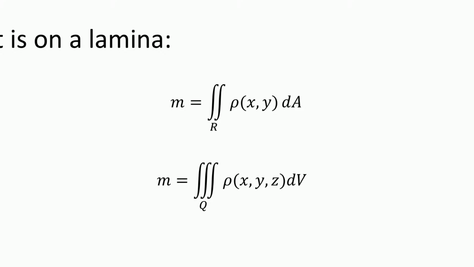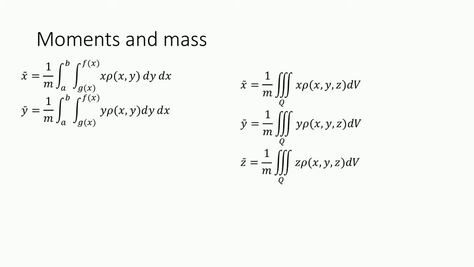All you're going to have to do for your triple integrals is the basic, like what we've been doing. But just one last thing is that if you wanted to find the average x value, 1 over the mass times this moment about the yz plane, which is x times the density, just like what you would expect, the average y value. So this gives you the center of mass of a three-dimensional object,